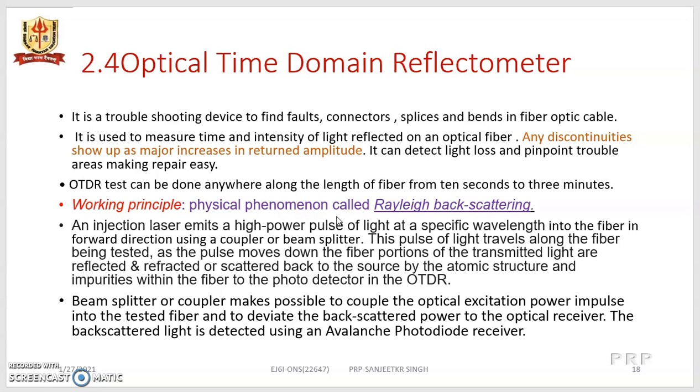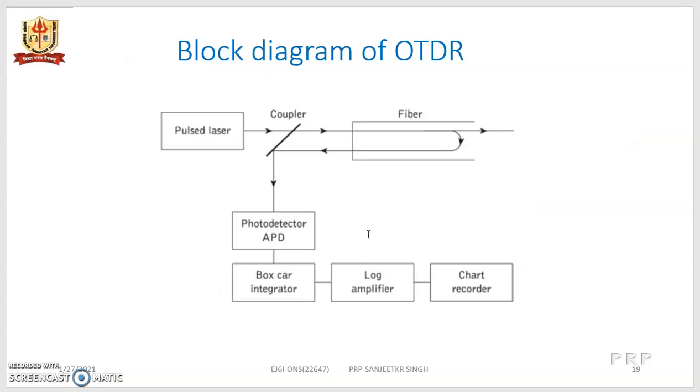What is this Rayleigh backscattering and how is it happening? When a light pulse is launched into the fiber in the forward direction from an injection laser, using either a directional coupler or a system of external lenses with a beam splitter,